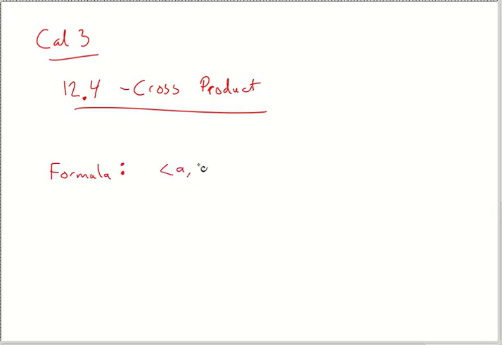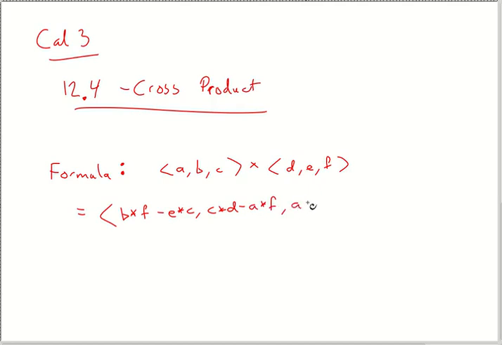But if you had two vectors, A, B, C, cross, that's a times sign, but it's obviously just a cross instead of a dot or something, D, E, F, the formula would be a vector. You have to recall that this is a vector compared to a scalar, which is just a single number. B times F minus E times C, C times D minus A times F, and then finally A times E